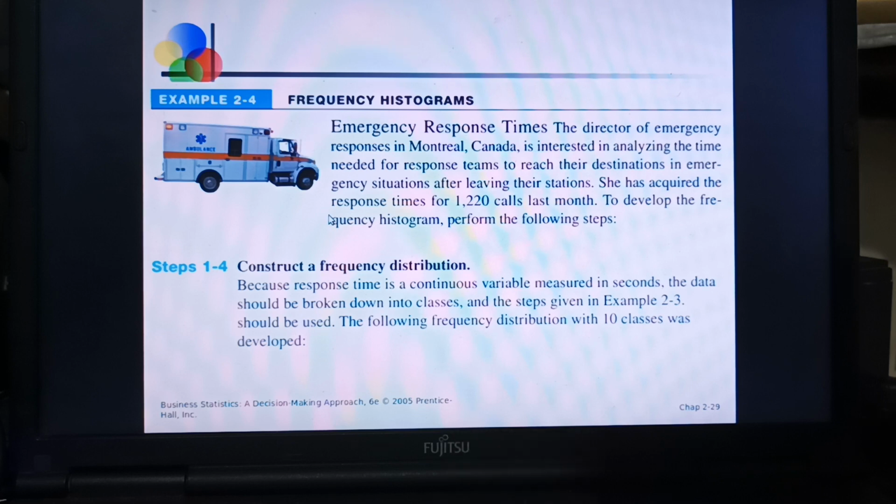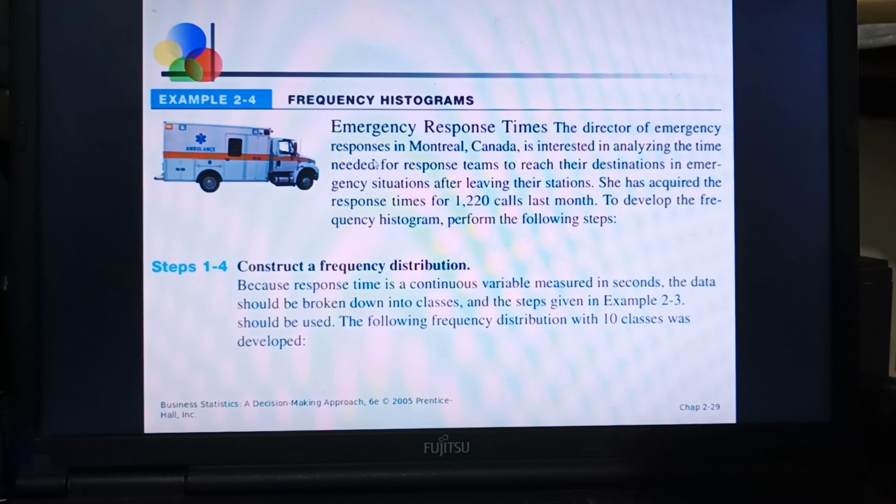This is a continuation of the emergency response. I don't know why they jump from one example to the other. Now, the